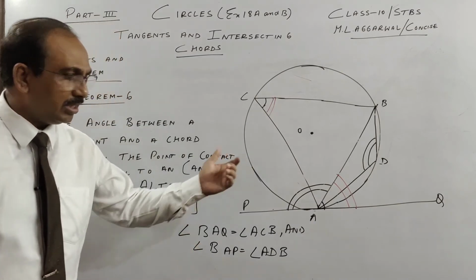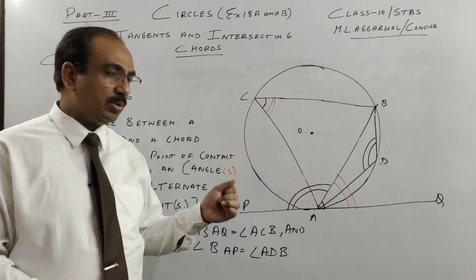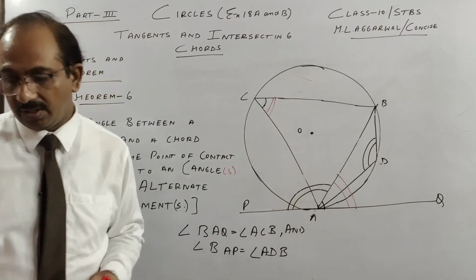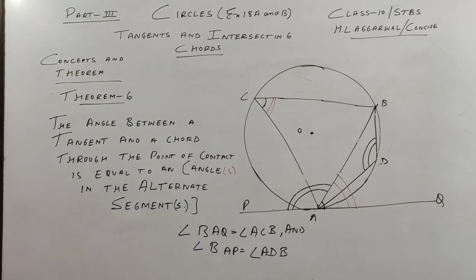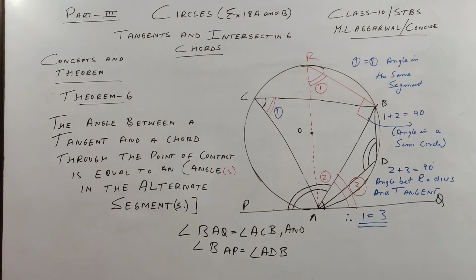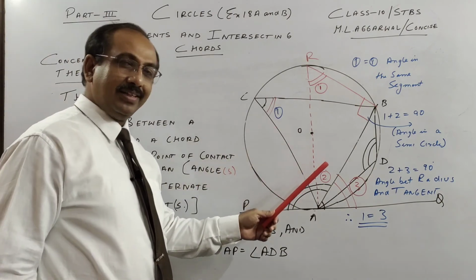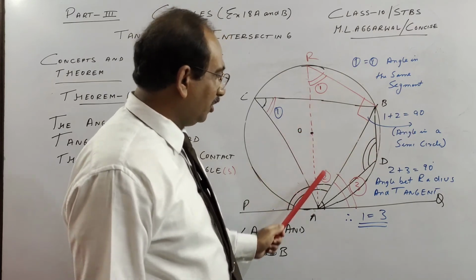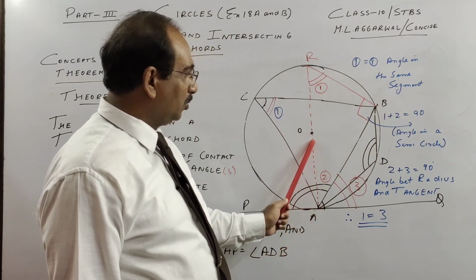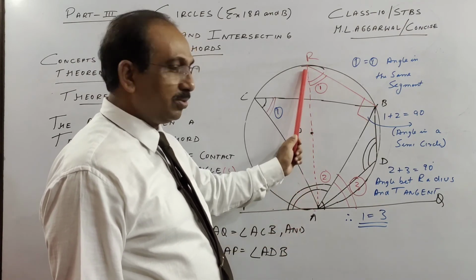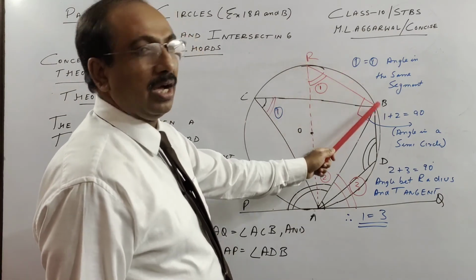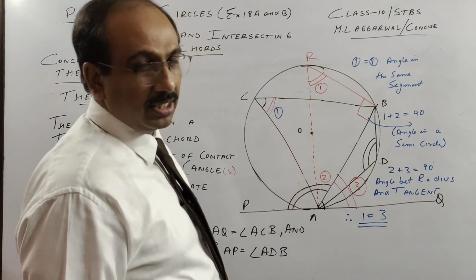So in the last part, I'll give you a very short proof for one part of this interesting theorem, and then we will finish today's video lesson. So kindly pause the video and copy. Now listen fast. There are three theorems which we are using. We do some construction. From A, you draw a line through the center, and this will be the diameter of the circle. And we join B with this R. So we do this construction, which is there in the red marker pen.